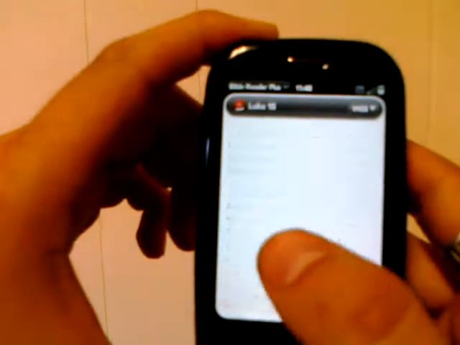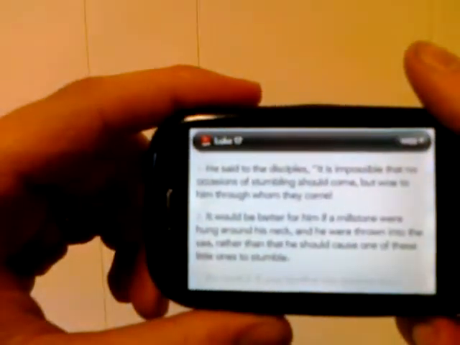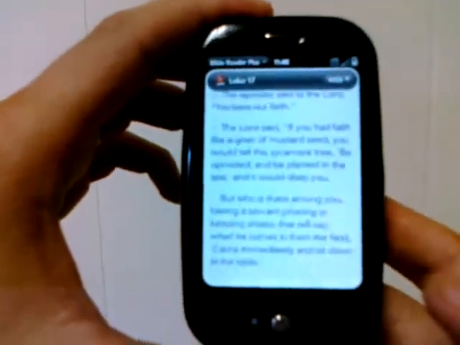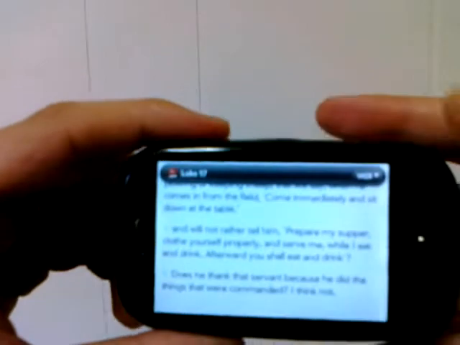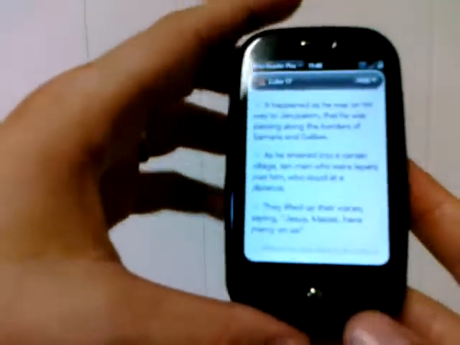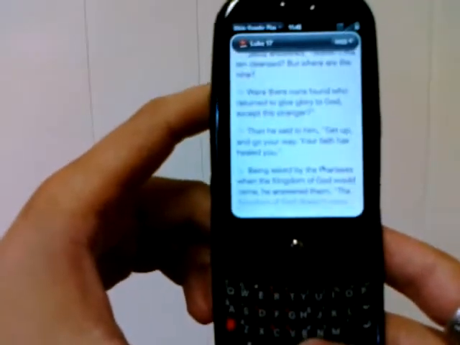You can swipe to go to the next or previous chapter. You can read in a landscape. You can do a forward swipe if you just want to do one screen at a time. That's also kind of nice in a landscape. Just scroll one screen at a time. If you're on a Pixie or you have your keyboard open, you can also use spacebar to go one screen